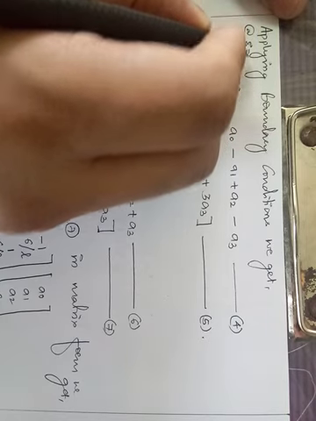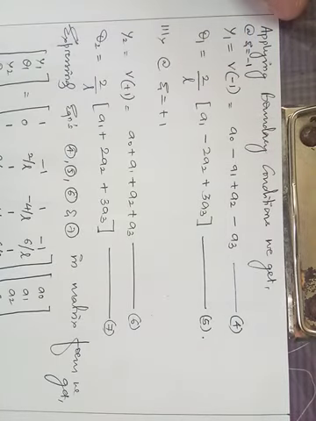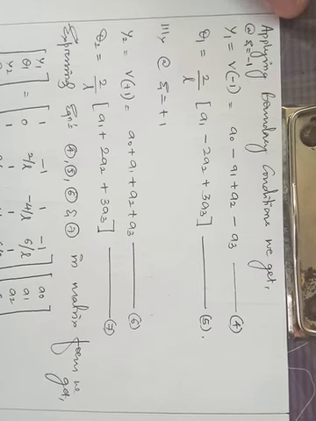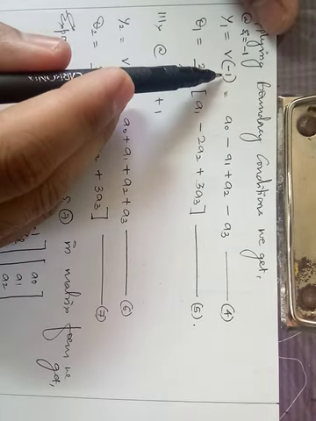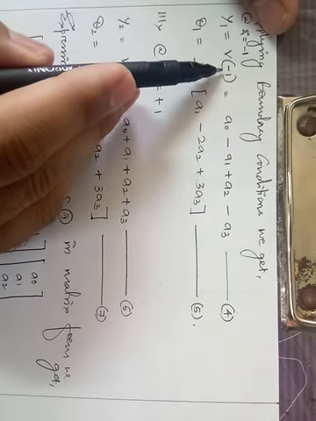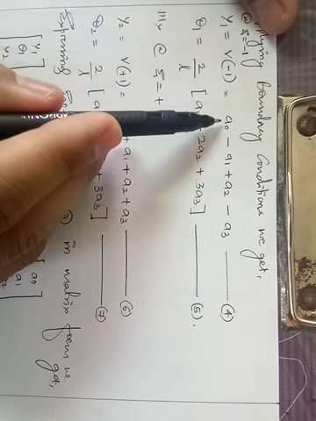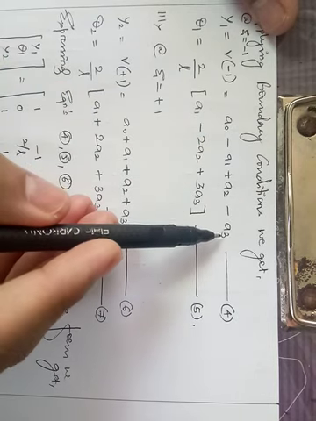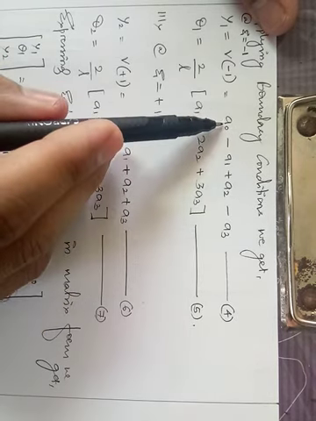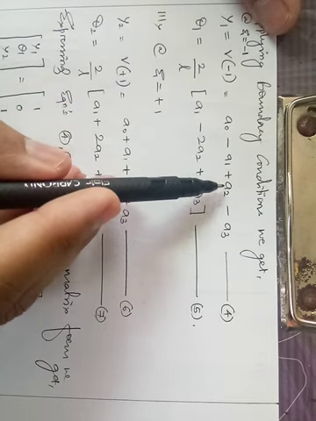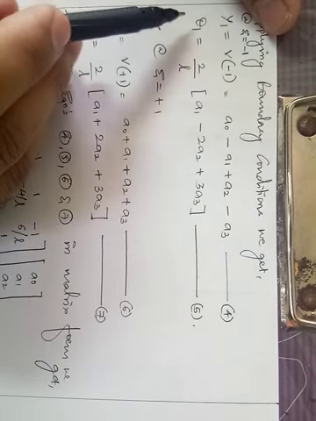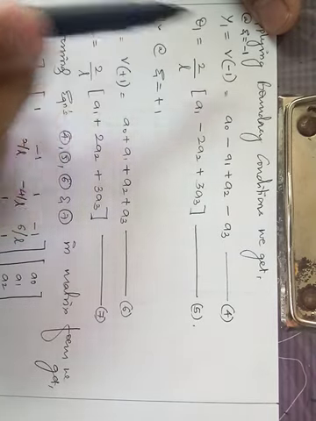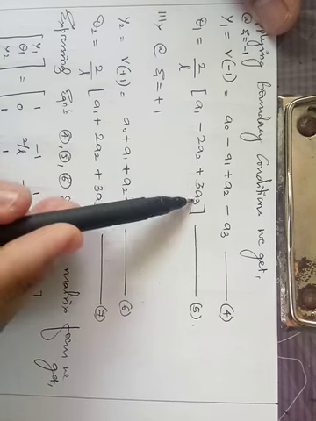At zeta is equal to -1, that is your first boundary condition, that is at the extreme left node, right. So the v equation becomes v of zeta, so zeta value is -1, so I put it as -1. In the remaining terms you put the value of zeta as -1, so you will be getting this equation, a0 minus a1 plus a2 minus a3, you take it as equation number 4. Similarly in the theta equation, if you put the value of zeta as -1, you will be getting this equation, you take it as 5.